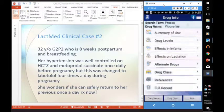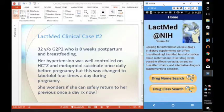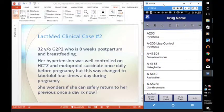Okay, so our next case is a 32-year-old G2P2 who's 8 weeks postpartum and breastfeeding. Her hypertension was well controlled on hydrochlorothiazide and metoprolol before pregnancy, but this was changed to labetalol QID during pregnancy. And so now she wonders if she can safely return to her previous once-a-day medication because she's having trouble remembering to take that 4 times a day in dealing with this new baby. So we're going to do the same thing, and we're going to type in